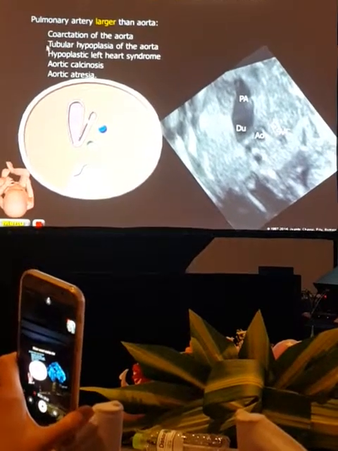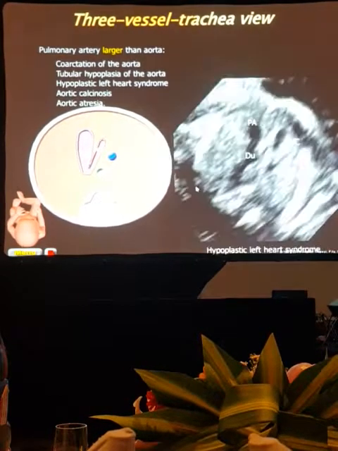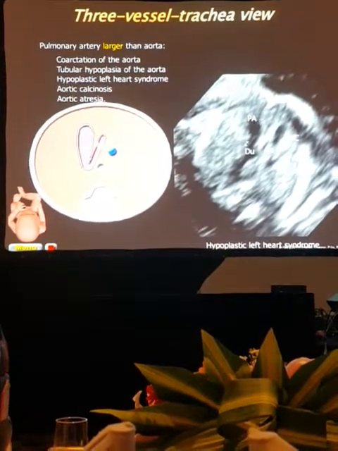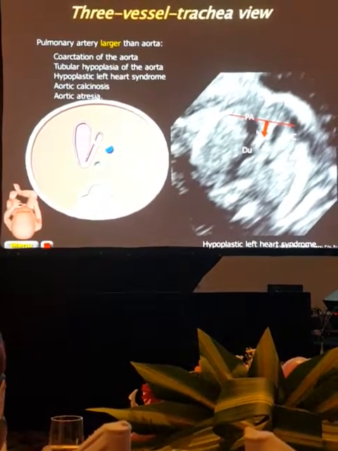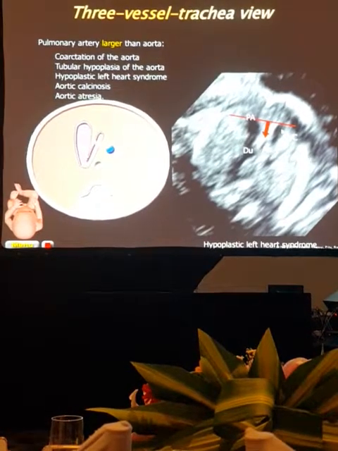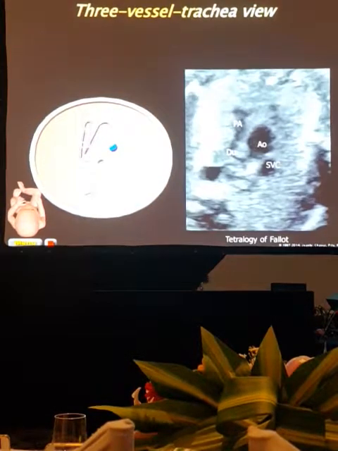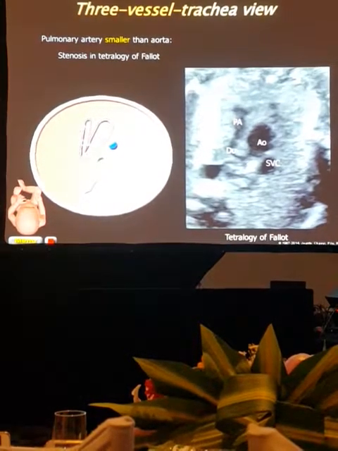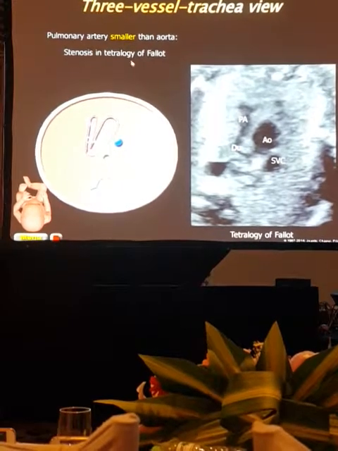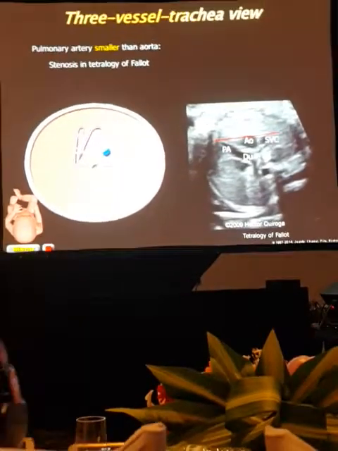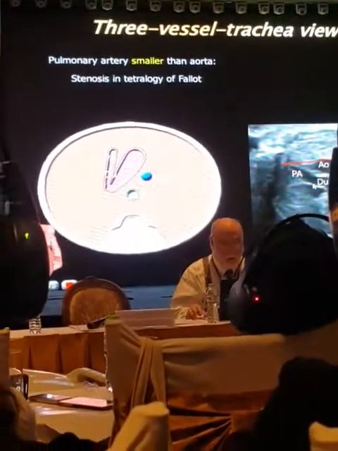Think about coarctation of the aorta, tubular hypoplasia of the aorta, hypoplastic left heart syndrome, and so on and so forth. Here, again, we have a large pulmonary and an aorta that is very small. Again, hypoplastic left heart syndrome, and you see that the aorta is in retreat compared to this line that we described earlier. This is the opposite. Now we have a thick pulmonary and a large aorta, and this is what we have in tetralogy of Fallot. Here we have an aorta that is slightly ahead of this line, and this is a more mild form of